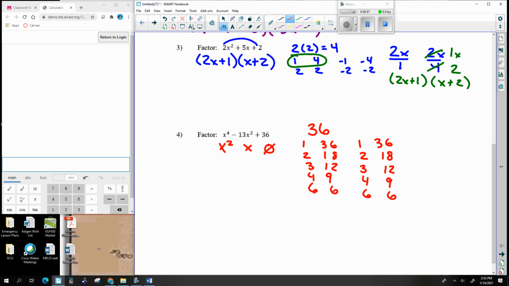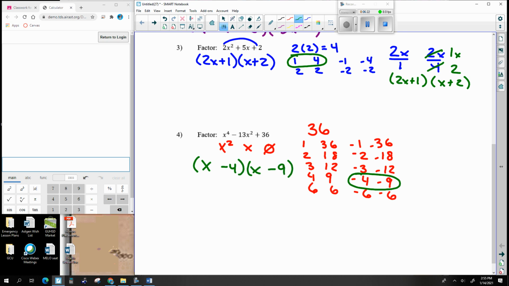Because it's a positive 36, they're both positive or both negative. Going to a negative 13 is this negative 4, negative 9. Okay. Now, if this were a regular x squared, a normal number, this answer would be x minus 4, x